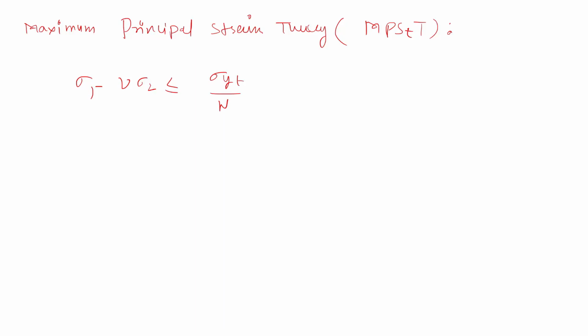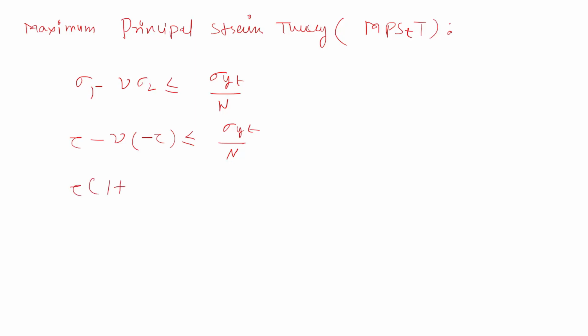So in the pure shear stress case, sigma 1 is tau and sigma 2 is minus tau. So we can write sigma yt over n,